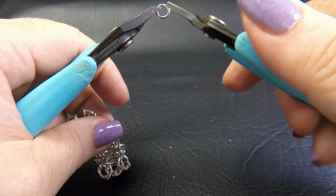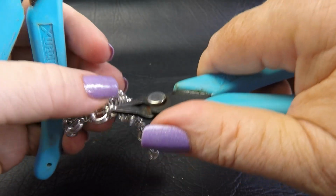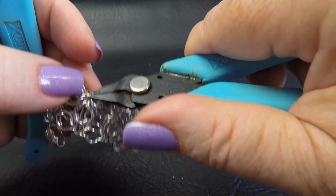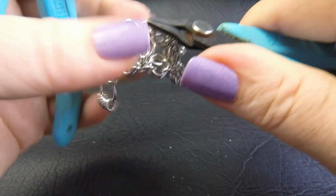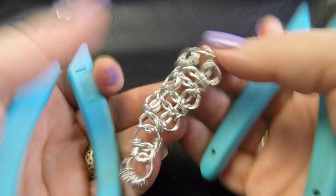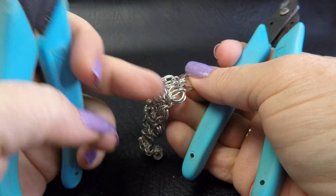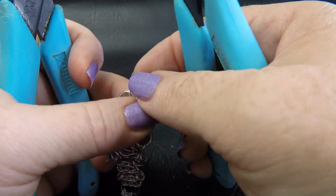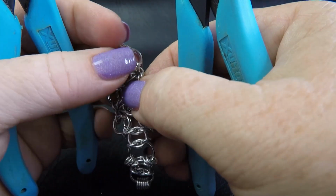Take up one of my tiny rings, going through all 6, so 1 tiny and 4 small. Grabbing hold of it and closing it up. So you just do that for the length of your bracelet, or whatever it is that you're working on. And then the ends, we've got these 2 side ones done because we've done both sides, so we've just got this one here on the end. So we treat it the same, we fold it back, separate out that pair of small rings,